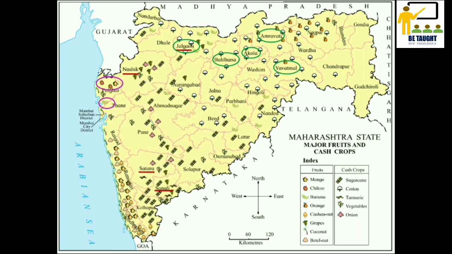All the crops shown above are based on irrigation. Their distribution is influenced by climate and soil. They are also known as commercial or cash crops. Chemical fertilizers and pesticides are used for these crops. So children, always remember this.